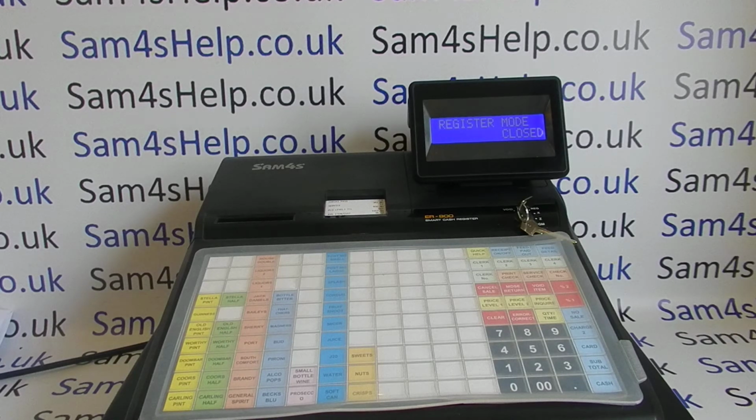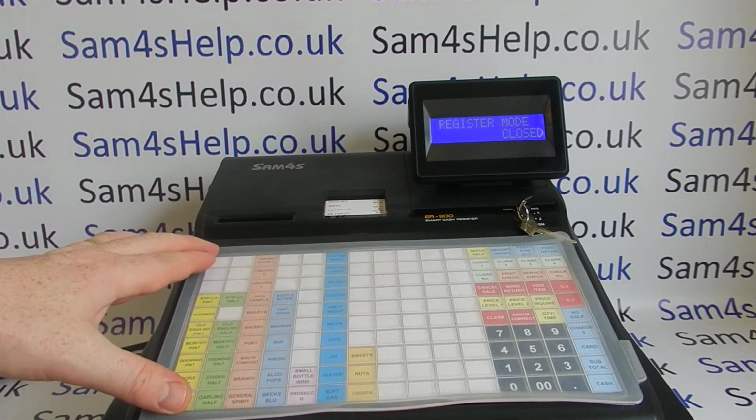and the 945. The reason for that is that the 920 and the 940 are flat keyboard machines, so you generally use them, not exclusively, but generally find them in hospitality environments, so pubs, bars, restaurants, cafes, catering events, that sort of thing. The reason why they're popular in that sort of environment is you've got 110 presets here, so